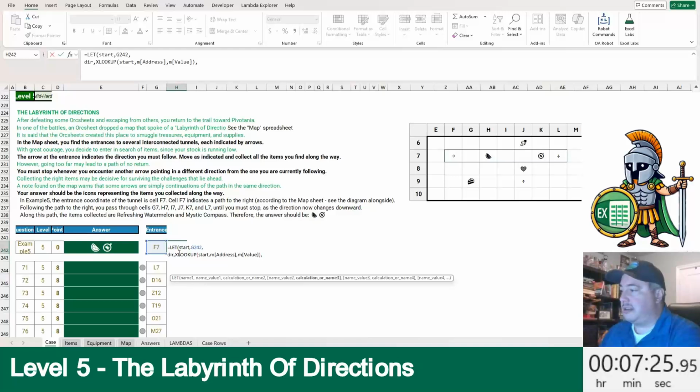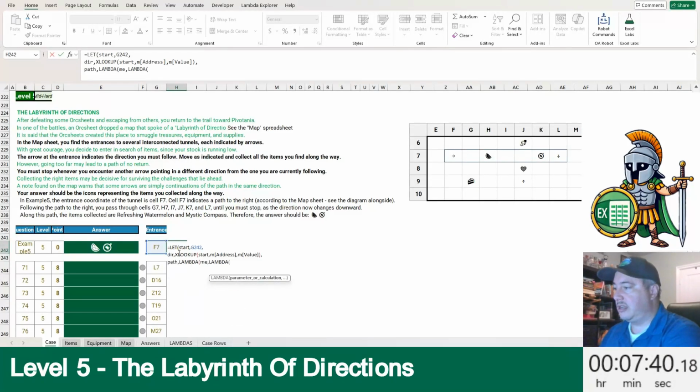Okay, so that's our starting direction. Now for the path, it's a variable amount. It could go 10 spots, it could go 30, we don't really know. So I'm going to make a recursive function to get the path. So the path is going to be lambda me, self-referential there, lambda address, and then an optional parameter for the items that we pick up along the way,